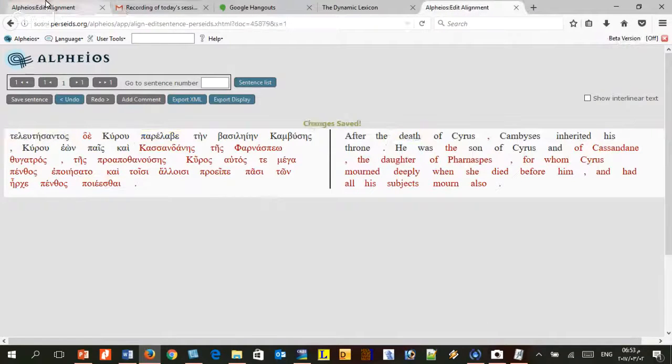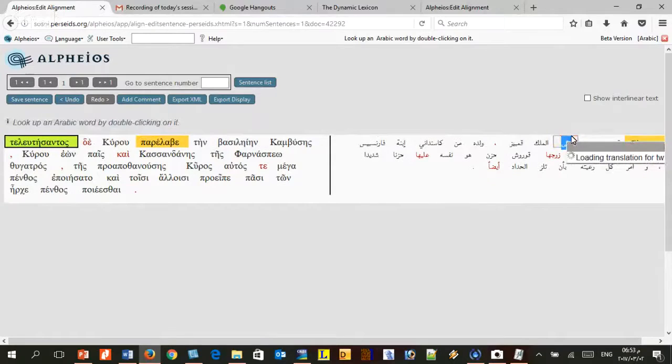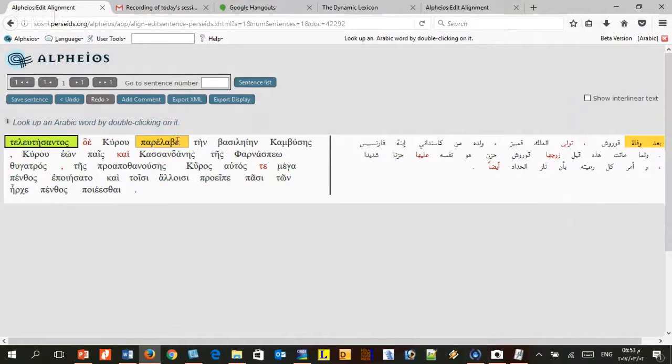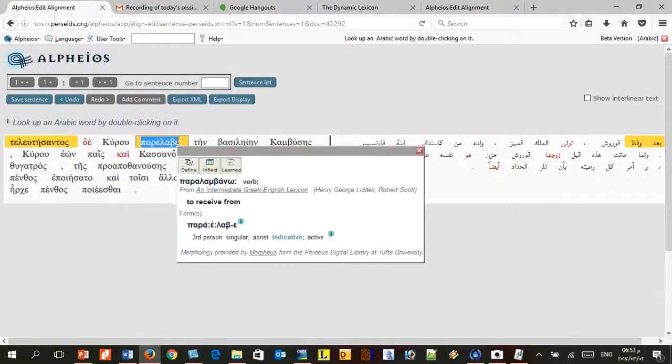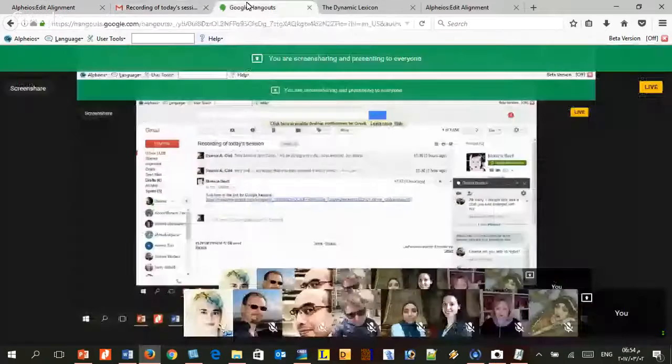And if you have any problem, you could, as I said, click on whatever word you want here, and I think it will load the translation for you, and you will know what it is. And of course, with Greek, you could also do the same. Just double click on it, and you will have the disambiguation of this word. I think now I have finished. I will leave some minutes for the questions. Back to you, Monica.